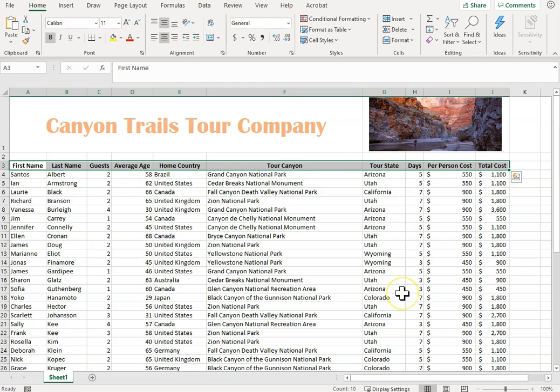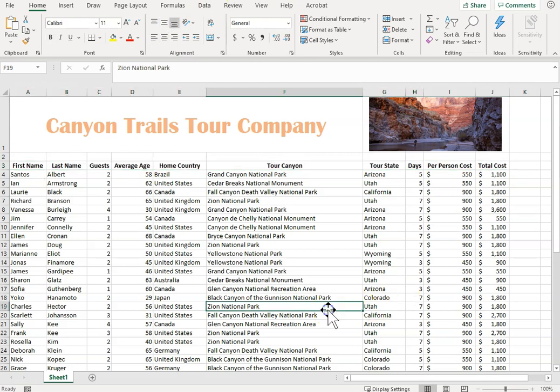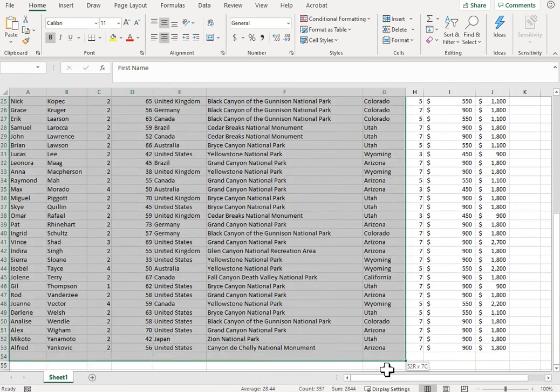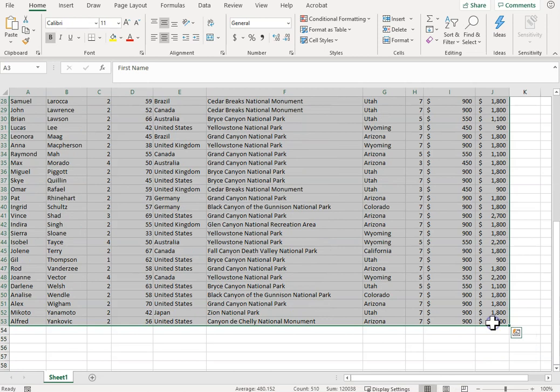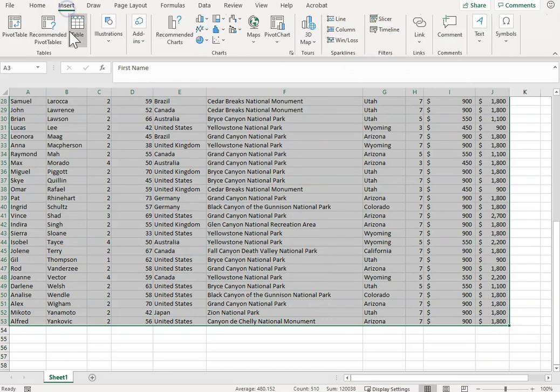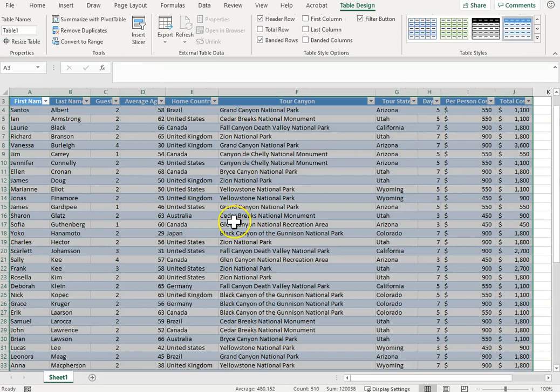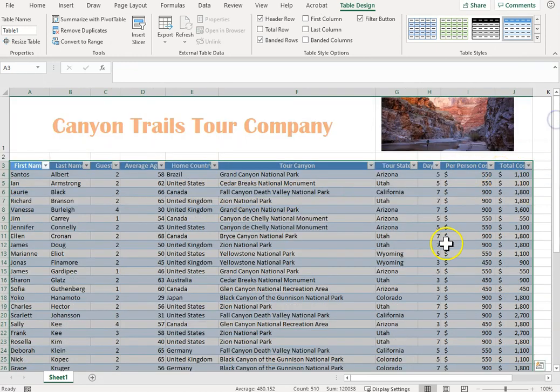It says click cell A3 and select the range A3 through J53. And we want to insert a table with headers. So we want to make sure that button's checked with headers. Okay, so you'll notice the format changes. It gets the color, it does alternating colors, and now we have these sort buttons where we can sort and